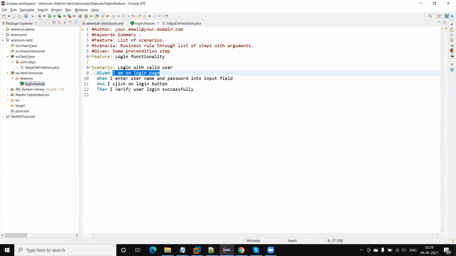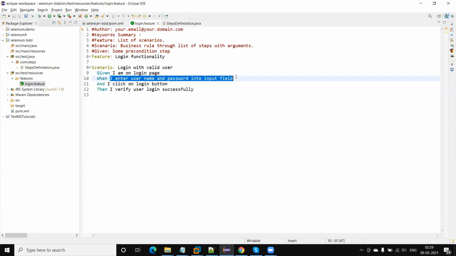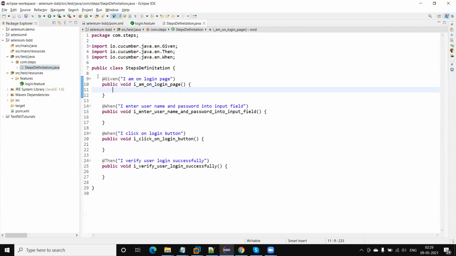Similarly, if we use "and I enter", it will automatically search in the step definition section in the Java folders. If any step matches this keyword, that particular method will execute. As you can see, we are not giving any reference for step definitions in the feature files. That's why if you add any duplicate step definitions, it will give you an ambiguity issue. Let me show how it will be.